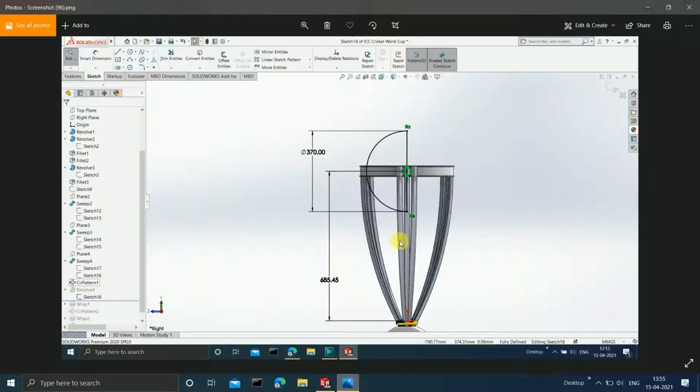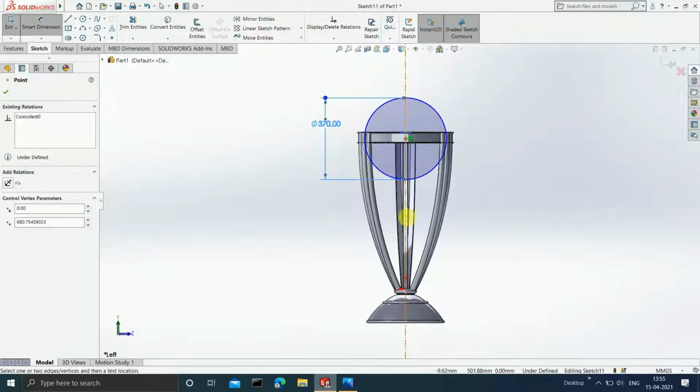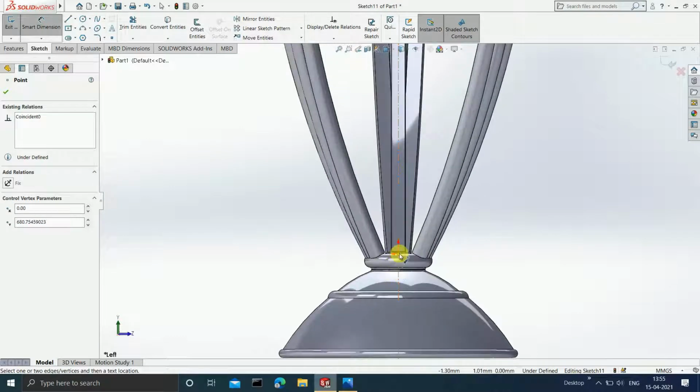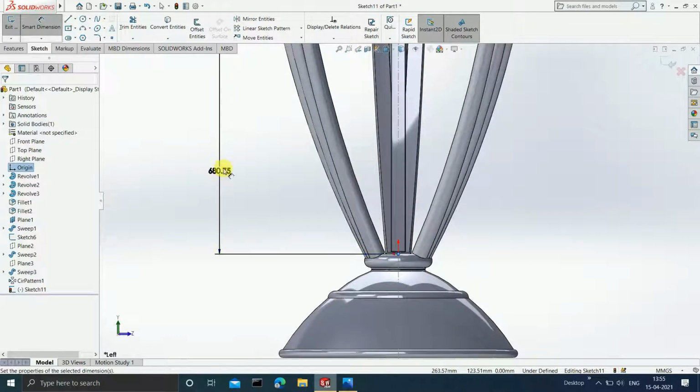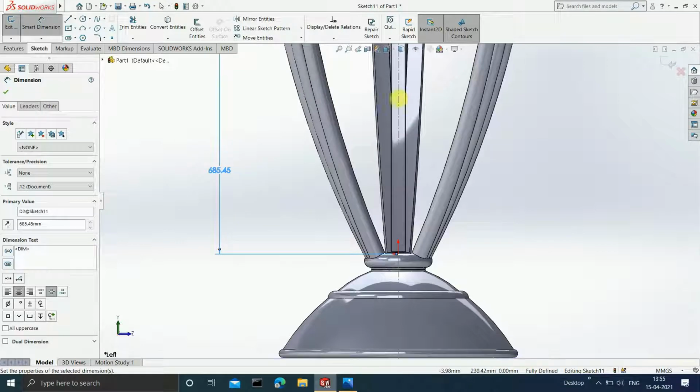And for that, you can see here the center of the circle is at a distance of 685.45. Okay, so select this from the origin, .45, right? Hit enter.